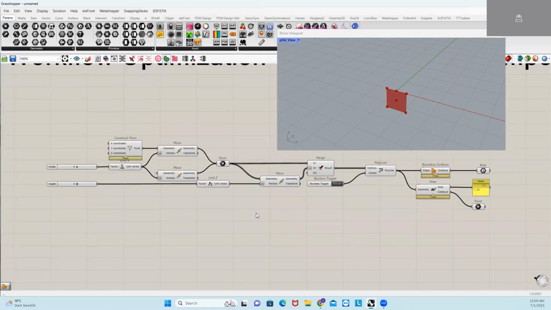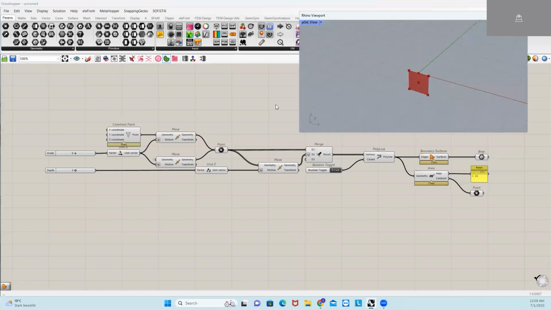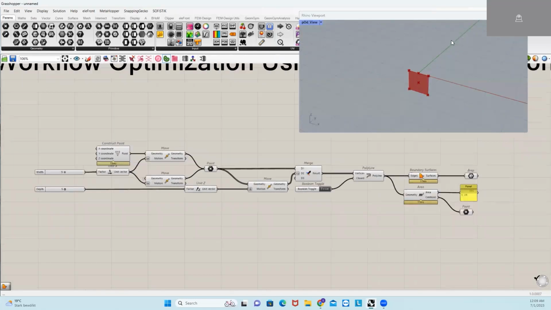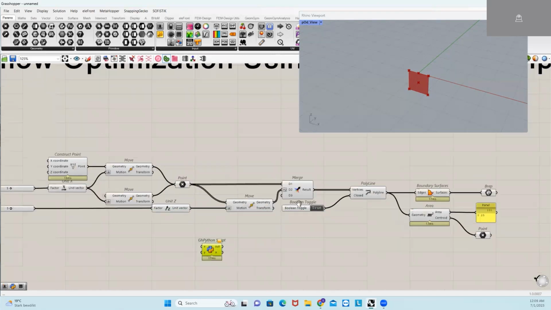So there is a way you can create just one Grasshopper Python component, and you can extract all this information. So today I would like to show you how we can do that. We're going to model the same object, but using a Grasshopper Python component. So I just insert our Grasshopper Python script, and